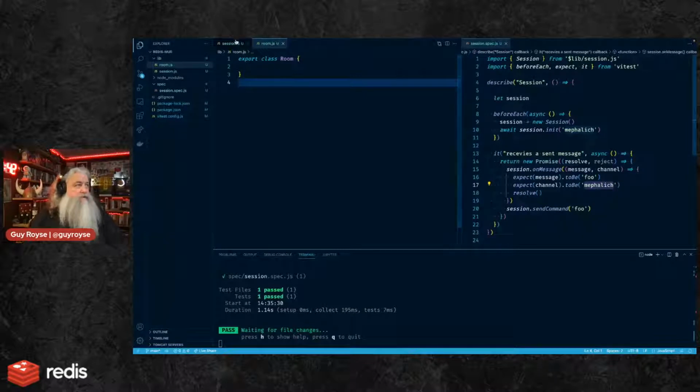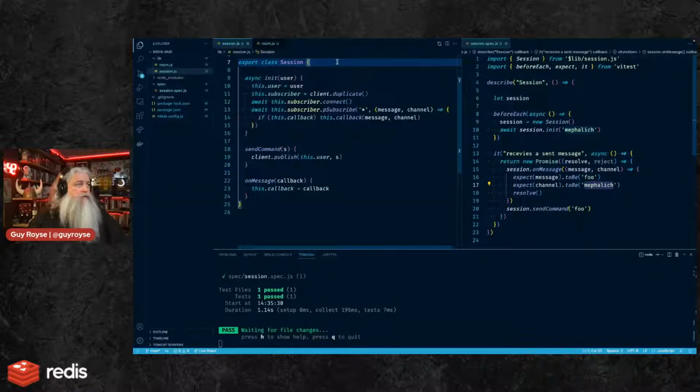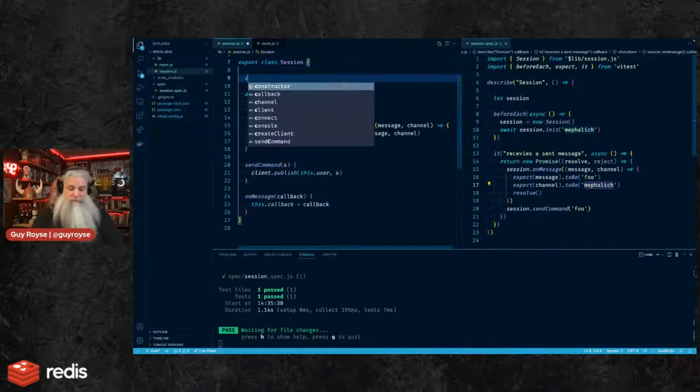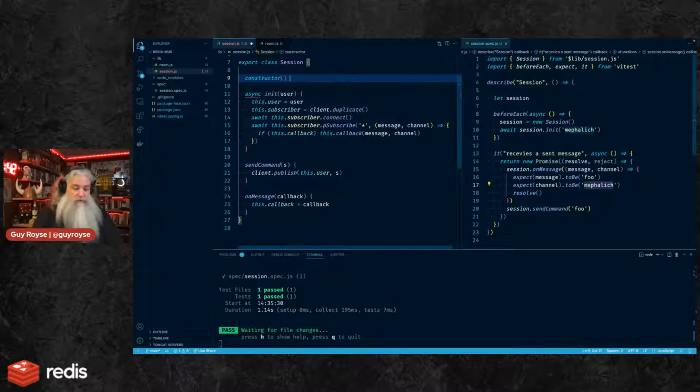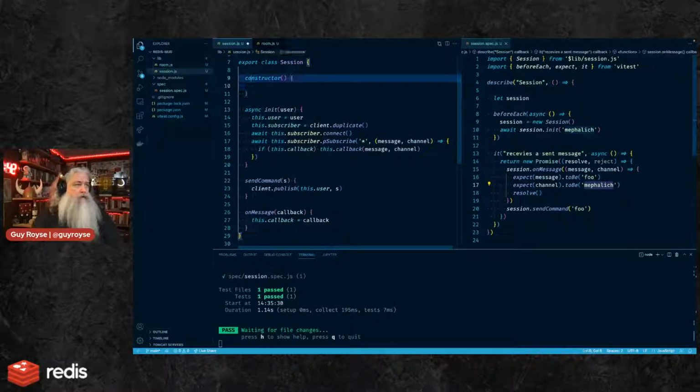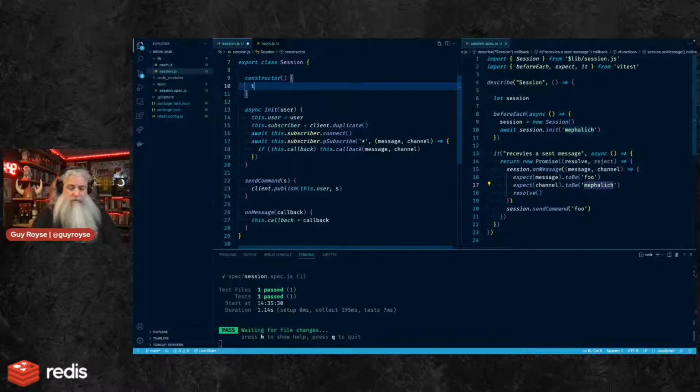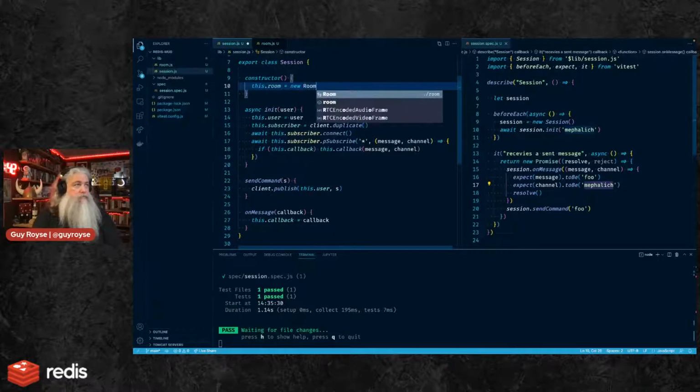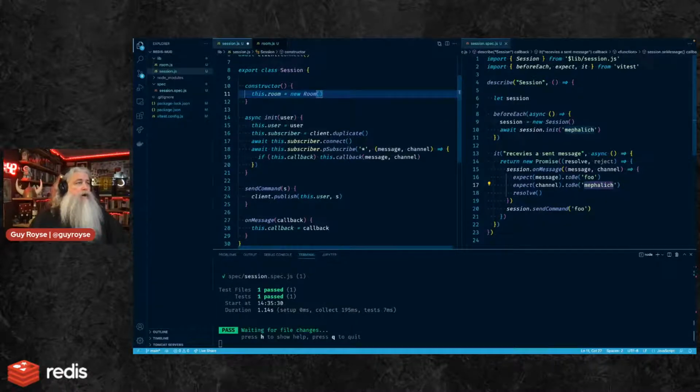That's a place to start anyhow. And then each user, we'll bring the constructor back, and it'll have this.room equals new Room. And then we'll give the room a name, which is going to be the hub.